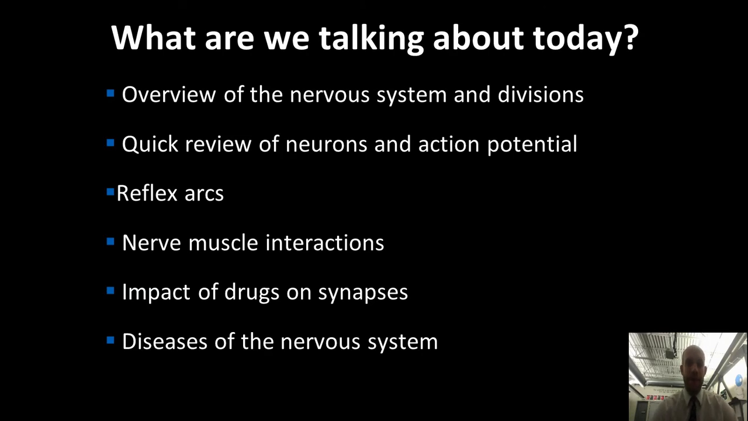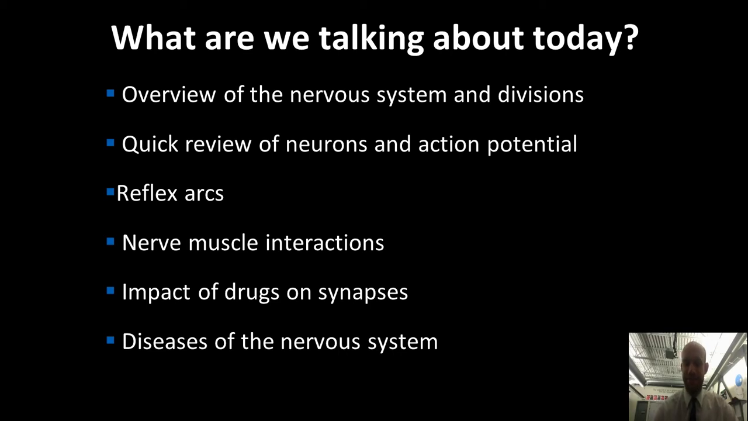What are we talking about today? We're going to do an overview of the nervous system and its various divisions very quickly. We're going to do a really quick review of neurons and action potential, how they work, linking that into reflex arcs and what a reflex arc is. We're going to look at muscle cell and nerve interactions, how they work together. And then finally, just very briefly introducing you to the idea that drugs impact synapse interactions between neurons and diseases